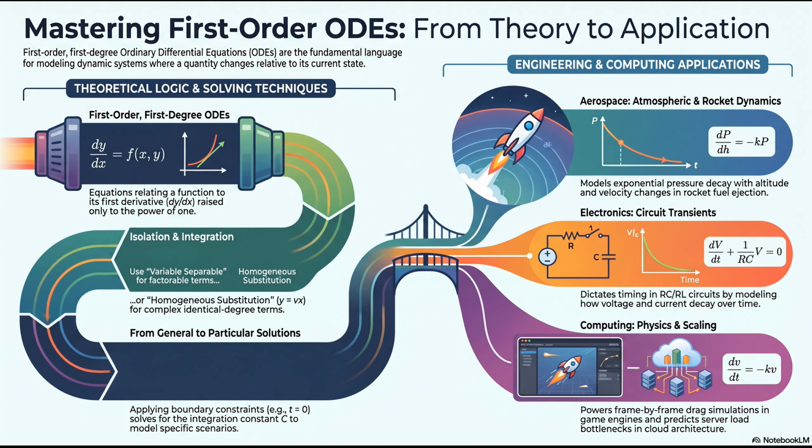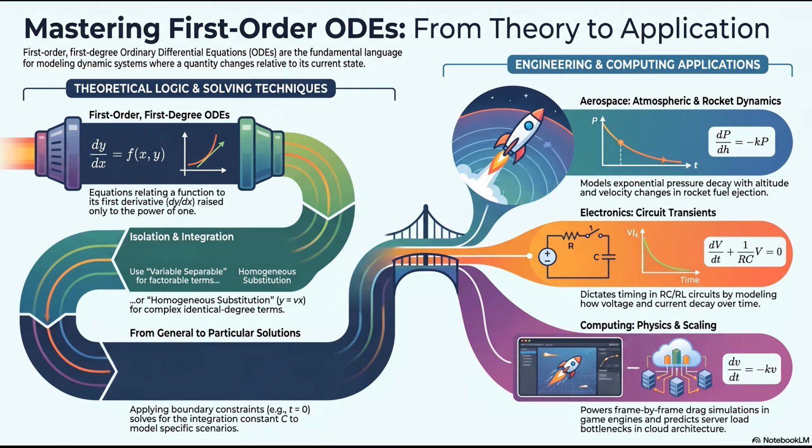Exactly. We have journeyed through a massive amount of knowledge today. We started with the raw structural logic of an ODE, breaking down how variable separable equations require untangling and how homogeneous equations use a brilliant degree-canceling cheat code to force a clean solution. And we saw how those theoretical structures are forcibly locked into physical reality by applying boundary constraints. Right. And from that mathematical cage, we looked at how those solutions dictate the physical realities of altimeters reading atmospheric decay, rockets losing mass in real time, and the exact timing of discharging capacitors in our devices.